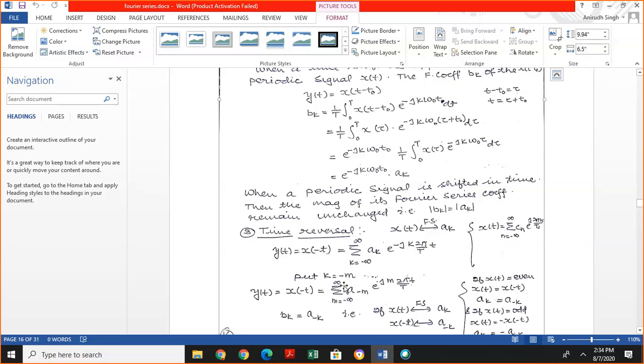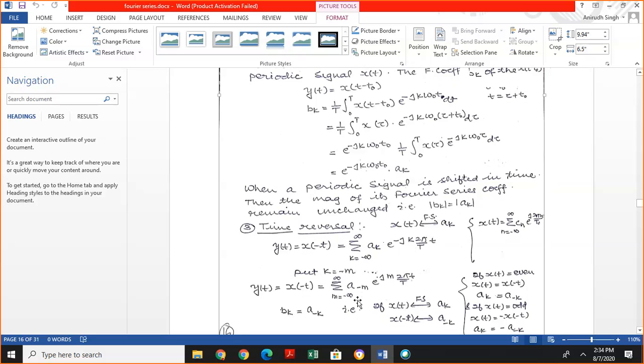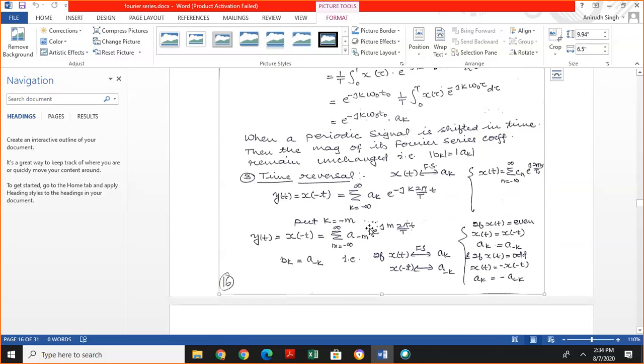And if we put k equal to minus m, we can simply write this equation. K is minus m, minus k is m, and the Fourier coefficient of x of minus t is simply a minus k. So if ak is the Fourier coefficient of x of t, then a minus k is the Fourier coefficient of